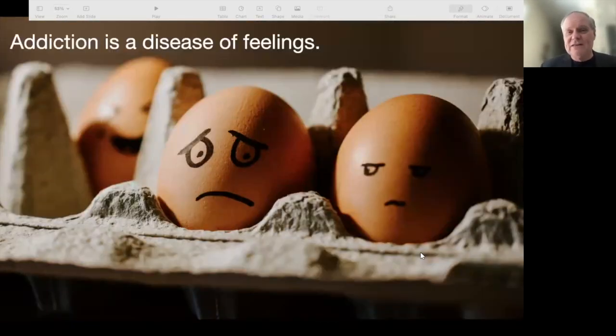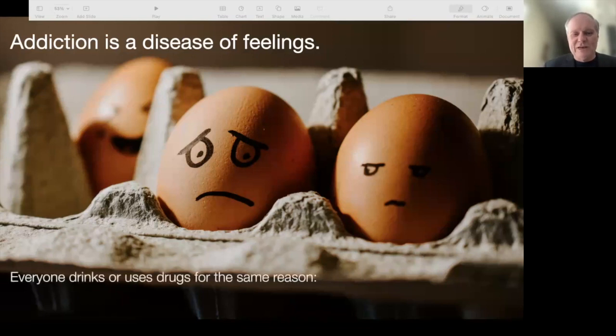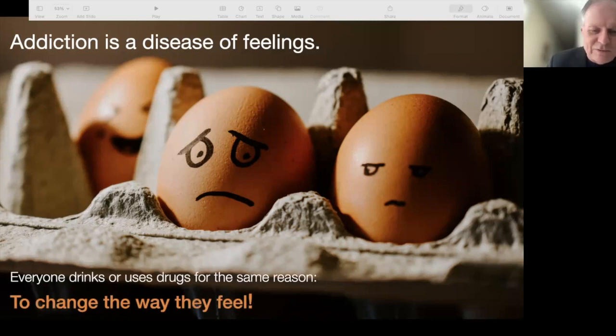Addiction is a disease of feelings. Remember this. It's important because everyone drinks for the same reason: to change the way they feel. I have had this conversation before with many people about, that I have to drink wine because it's medically good for me. Well, of course, there's no daily allowance of alcohol that the AMA or anyone recommends for the human being. Alcohol is not a necessary nutrient. However,